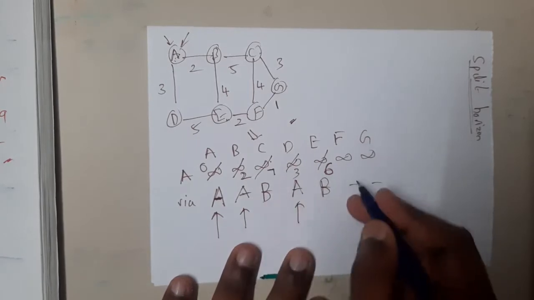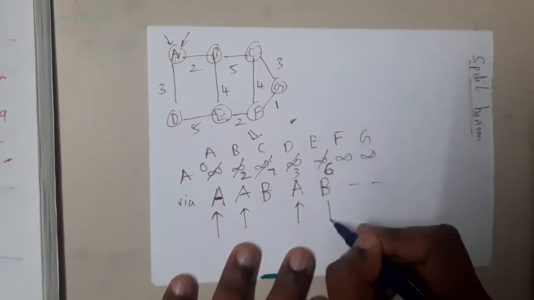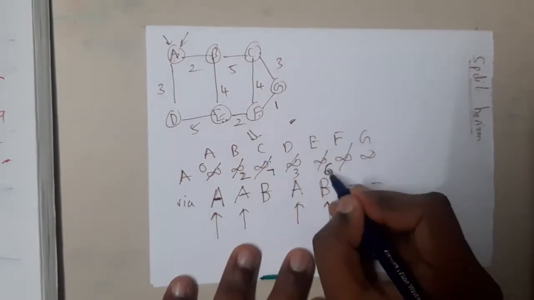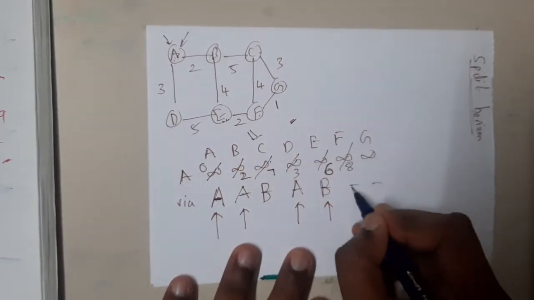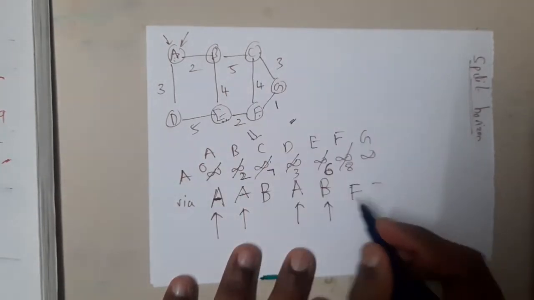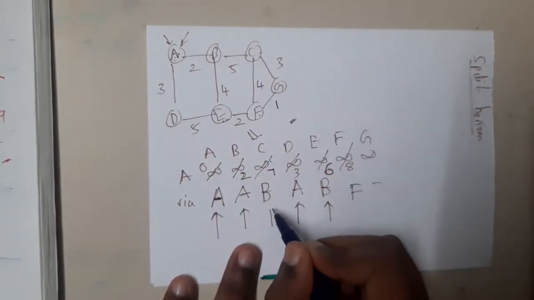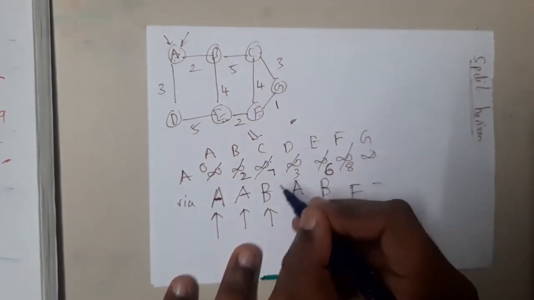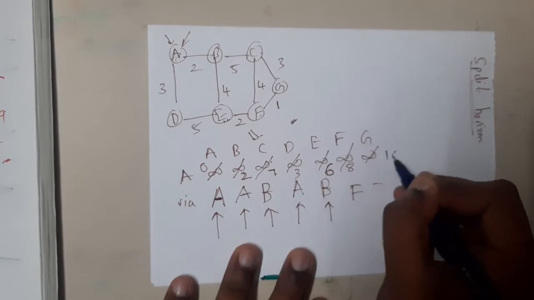From D, I can go to only that place. So what is the next minimum, guys? The next minimum is E. From E I can go to F, with an additional cost of 2, so 6 plus 2 will be 8, and I will go there with the help of E. From E I cannot go anywhere else. Now which is minimum? C is minimum. So from C I can go to G with the cost of 3. It is nothing but 7 plus 3, so this cost will be 10, right?